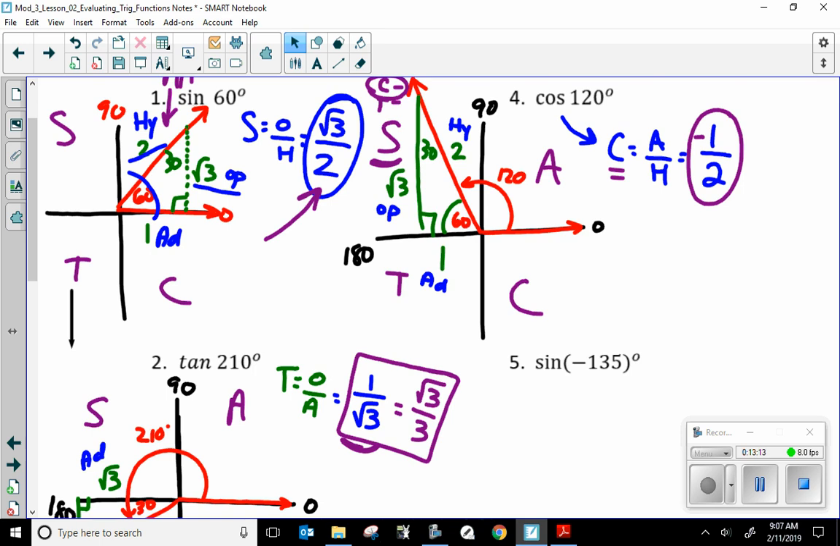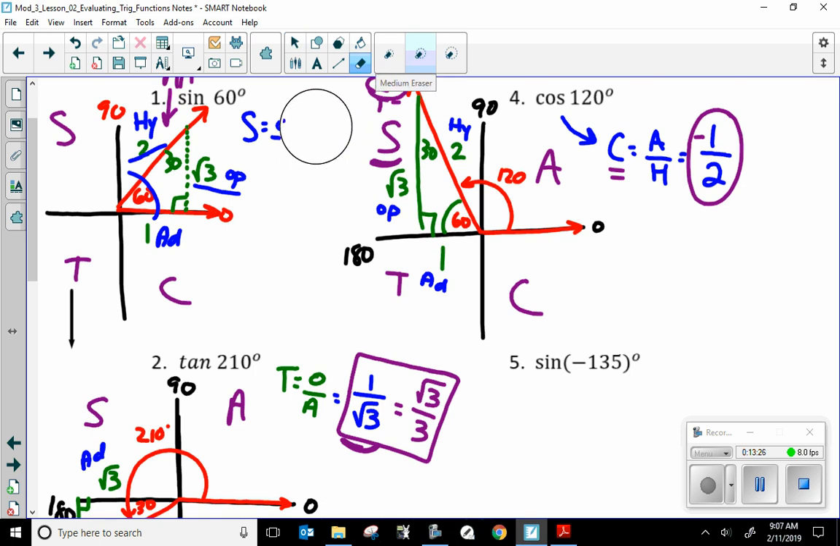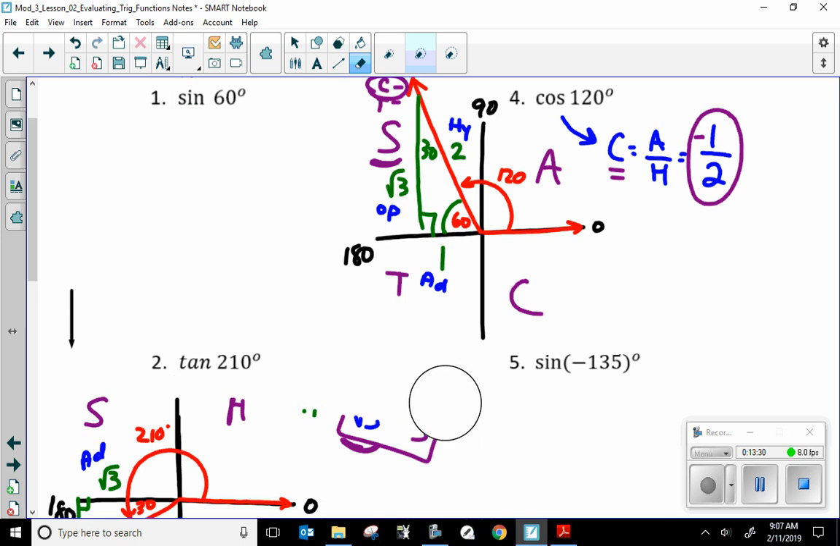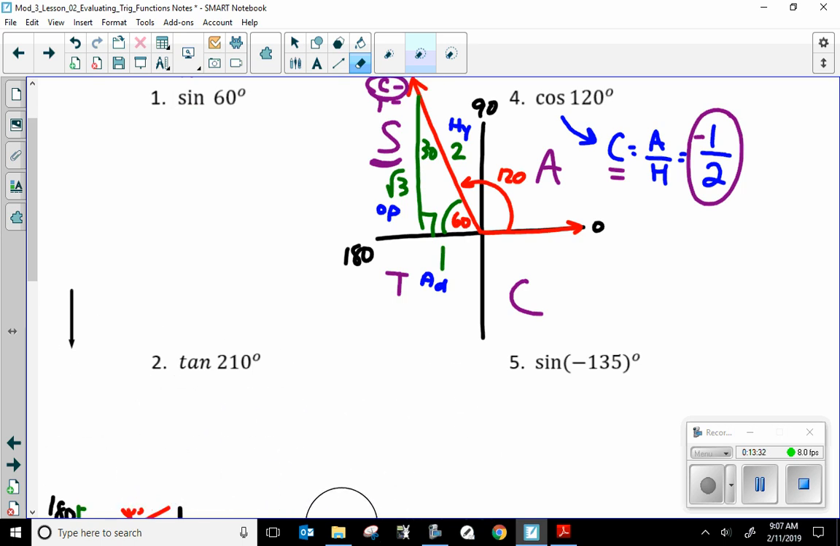Now, I want to show you another way students can remember this. And you can choose whatever way you want, the All Students Take Calculus or the way I'm about to show you right now. I'm going to erase some of this so we have a little bit of sanity in our mind. We just don't have graphs and trig functions thrown all over. I'm going to redraw this